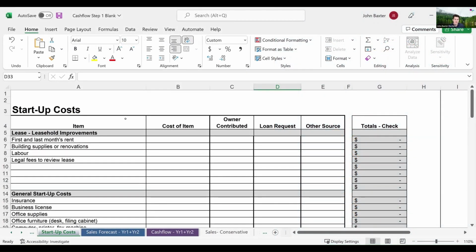So here we're looking at the cash flow template. This is a blank template, and I'm going to go through how you're going to populate it. The first thing that you're going to notice is across the bottom here that there's lots and lots of tabs. So it keeps going and going. The reason for that is some